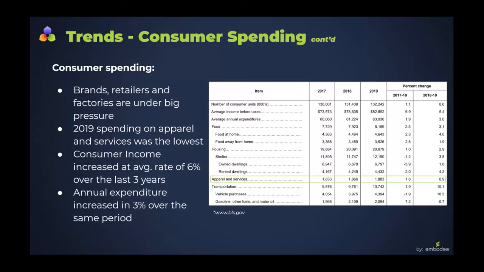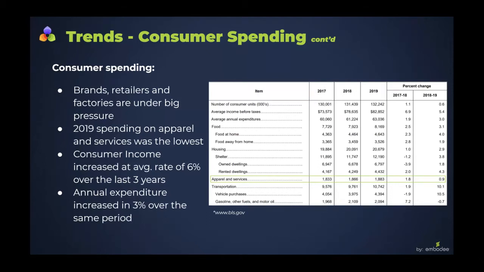And if you wonder how we here in the United States as consumers are spending our money, take a look at another source of news that comes to emphasize what's going on in our industry. So income through the last 3 years, 2017, 18, and 19, has been increasing at a rate of about 6%. That's a healthy increase. And expenditures have only been increasing by 3%. So as consumers, we're saving.